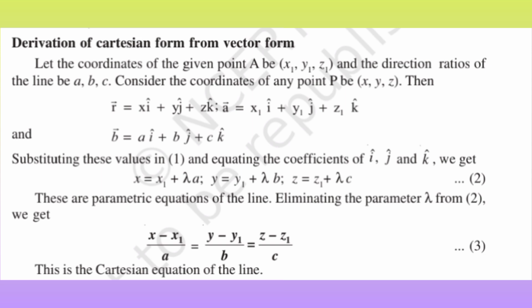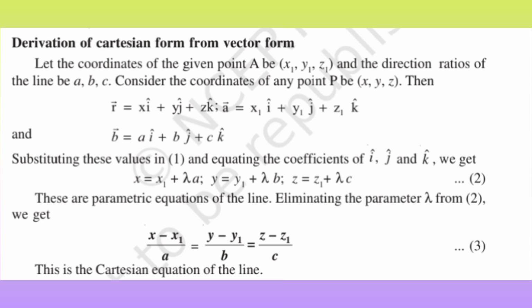Then r vector is equal to x i cap plus y j cap plus z k cap, and a vector is equal to x1 i cap plus y1 j cap plus z1 k cap. b vector is equal to a i cap plus b j cap plus c k cap. Substituting these values